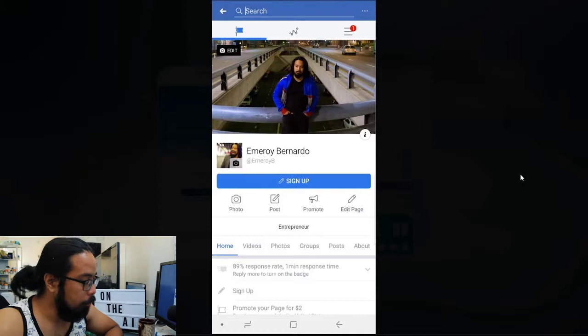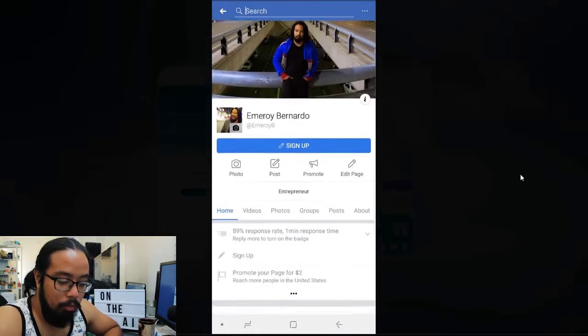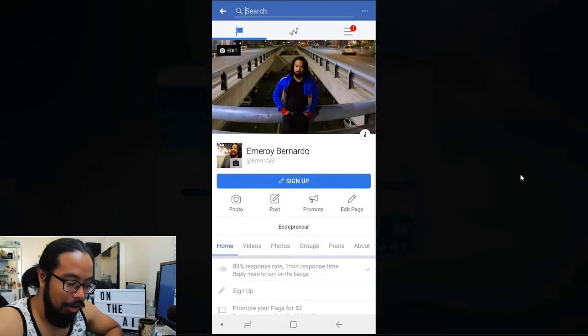All right, so switching over to mobile real quick, you see the difference already in terms of real estate. So the first thing that really pops out in terms of visuals, when people are checking you out on this, is your cover photo. Again, quality photo or video. The profile image dwarfs the cover photo.